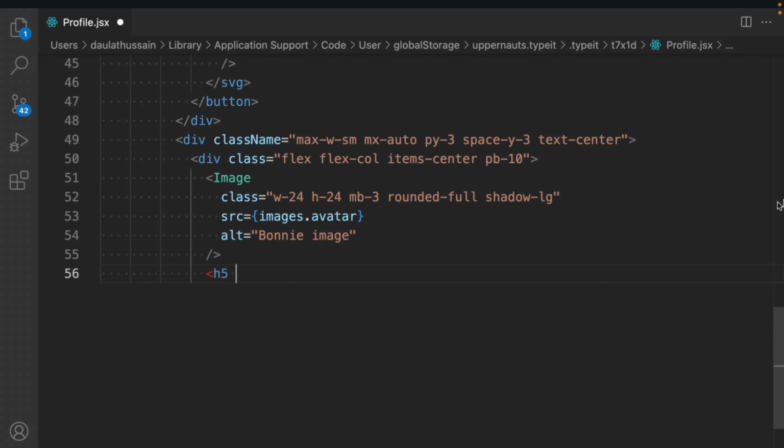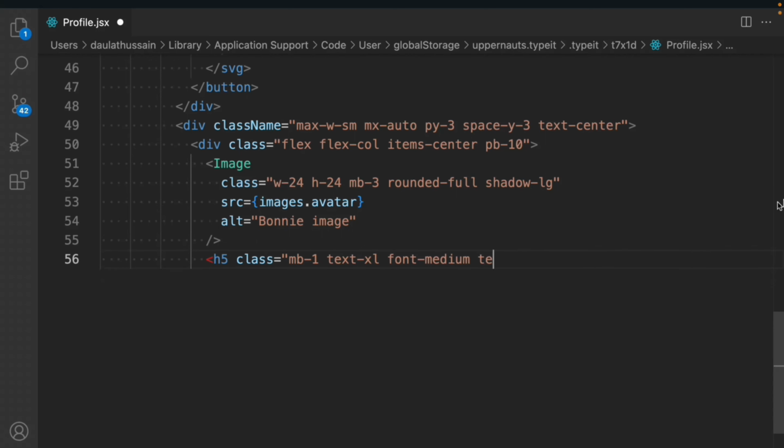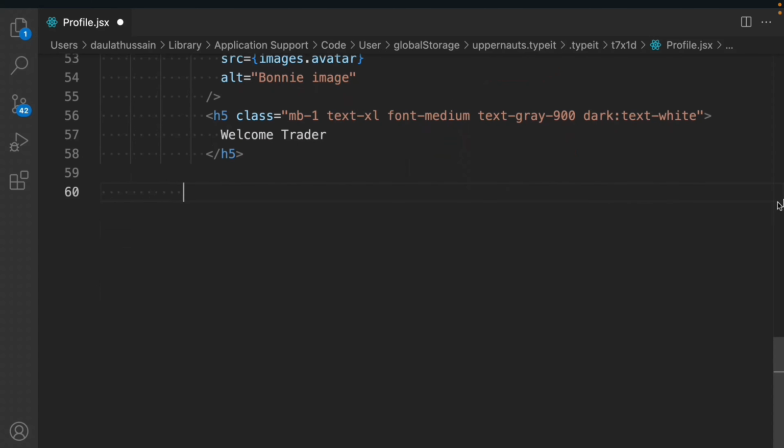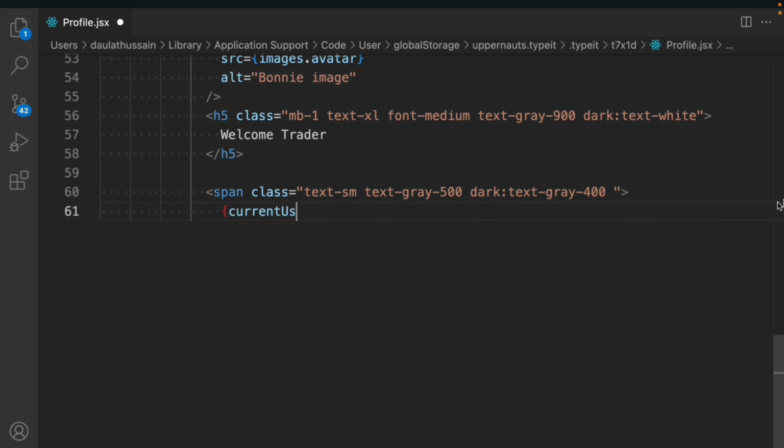and we're going to take this h5 and say margin bottom 1, text xl, font medium, text gray 900, dark text white. We'll say welcome trader. That's the message we want to display, and we're going to simply close this one. We'll come here and take a span, and inside that it will say text small, text gray 500, dark gray 400, and inside that we have to display the address of the user. So that's the one we have to pass here. Close this one,